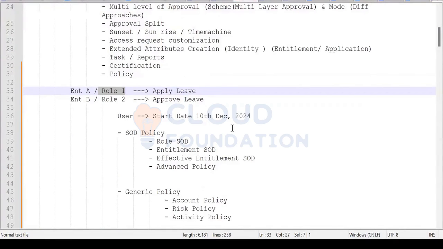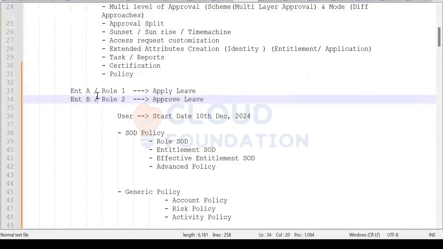Whether the system itself will make sure that only one of them is allowed because they are conflicting or contradicting roles, or is it possible that the system can grant both of them? It's up to the approver, and then track what the user is doing. That comes under evaluation. We didn't talk about evaluation yet.